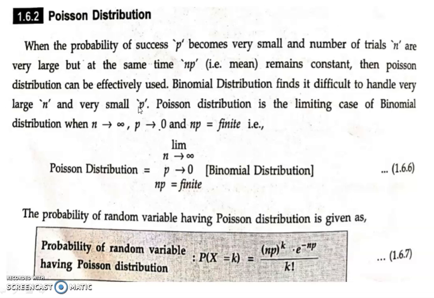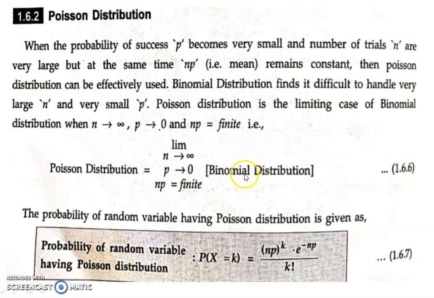Therefore, your Poisson distribution is a special case of binomial distribution. Poisson distribution is the limiting case of binomial distribution. What I can say, when n is very large and the probability is tending to nearly zero and your mean value is finite, then we use the Poisson distribution. Poisson distribution is given by limit as n tends to infinity, p tending to 0, np equal to finite